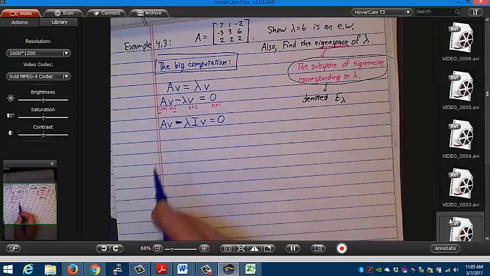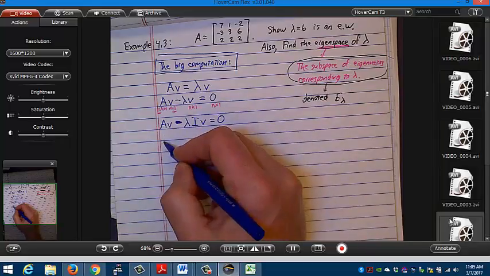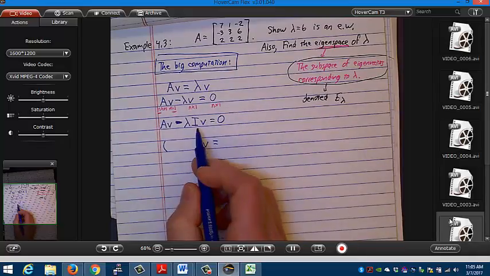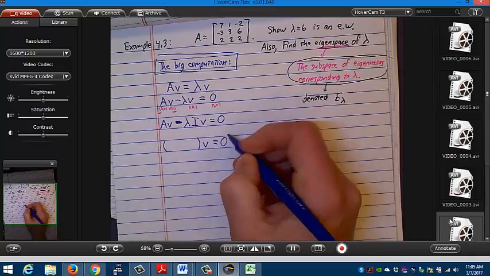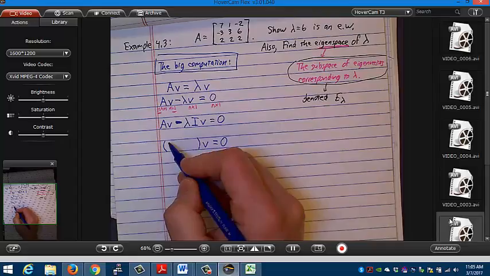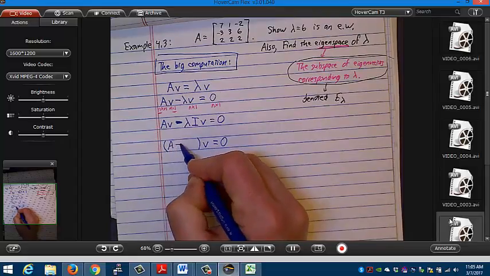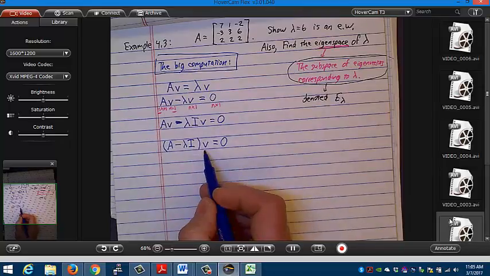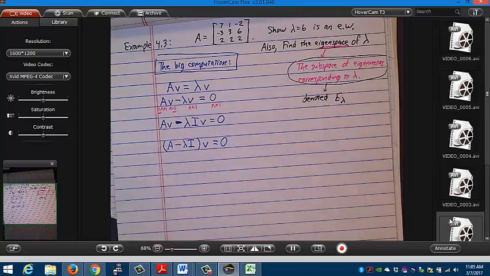Right? But now what you can do, and this is what was suggested here by Tyler, is since we have that lambda I, we can now write A minus lambda I times V is equal to 0. And that's the big identity, right? So what this says, okay,